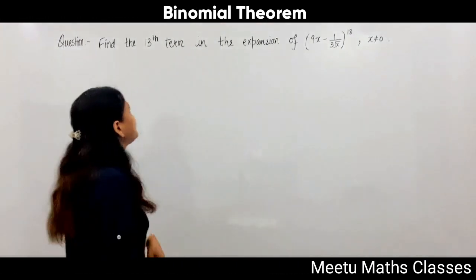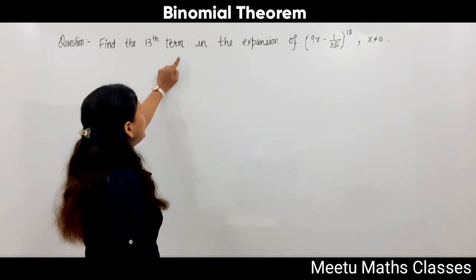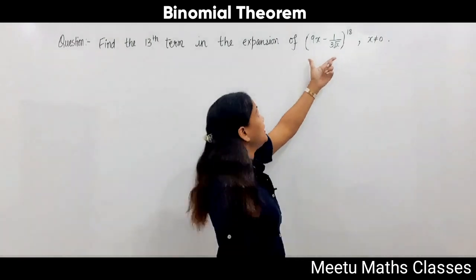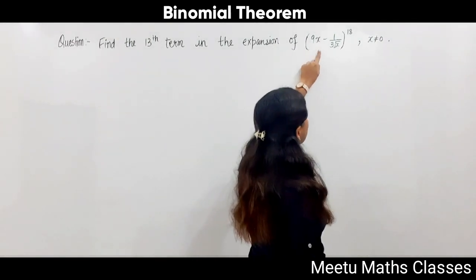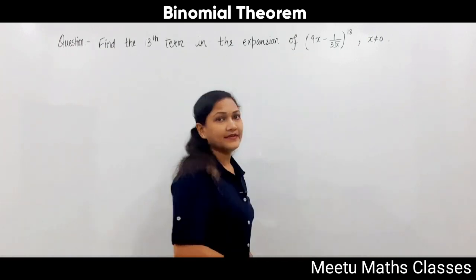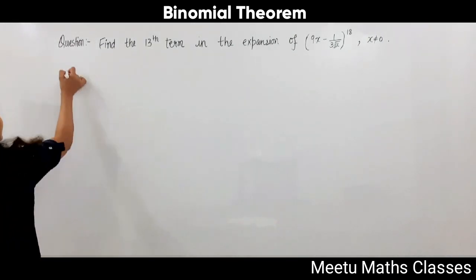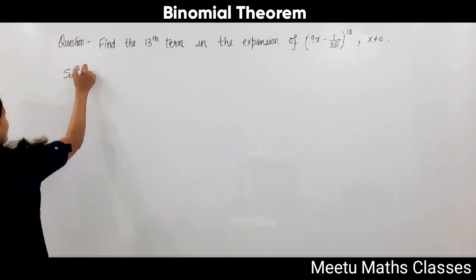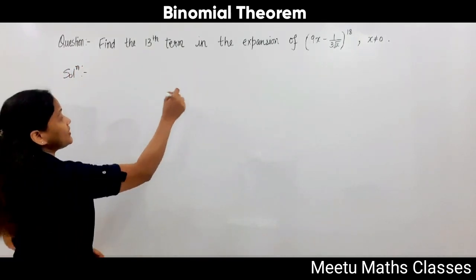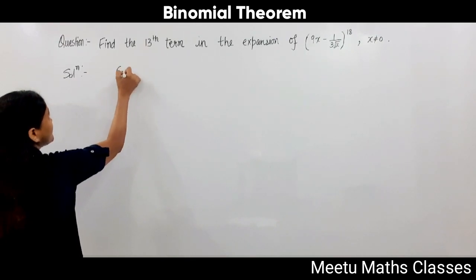Your question is, find the 13th term in the expansion of this binomial, and your binomial is (9x minus 1 upon 3 root x) raised to power 18. Now we know that to find the 13th term we have to first write the general term